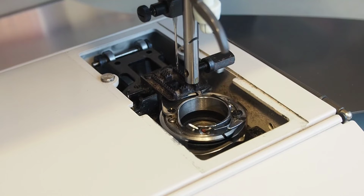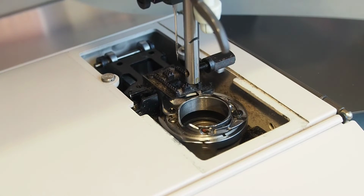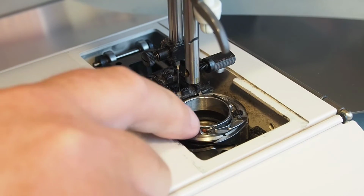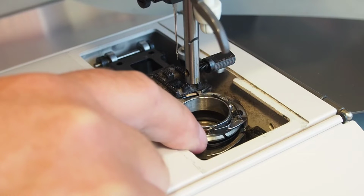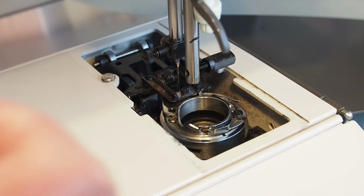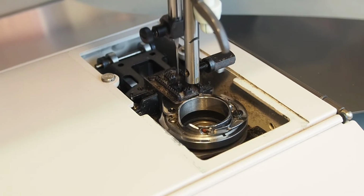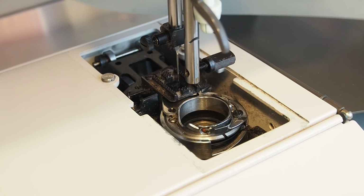So the only reason this machine happened to pick up the thread off the needle was just pure fluke. The gear's not completely destroyed. There's only one little section of teeth that are broken, so the majority of the gear is still intact. It will still pick up the gears and remesh, and it just happened to be that it picked up where the two gears meshed in the correct place to get the timing fairly well right. It was just enough for it to come around and allow the hook to pick up the thread off the needle. So just pure fluke is the reason I managed to pick up the bobbin thread after replacing the needle